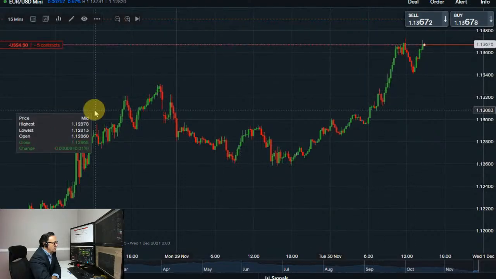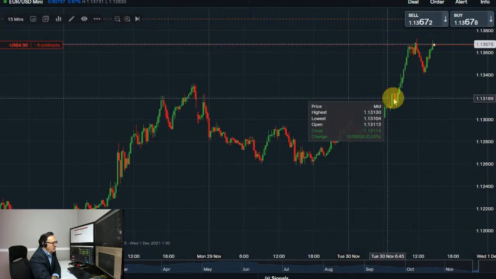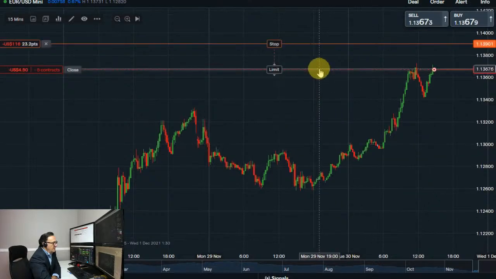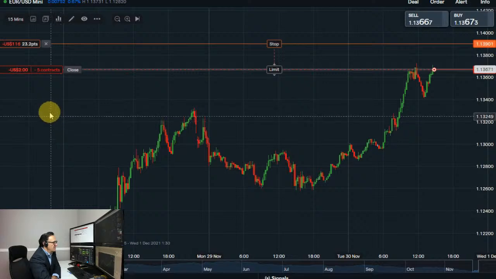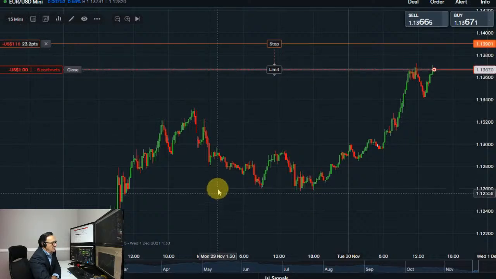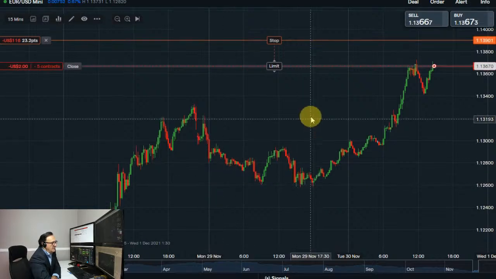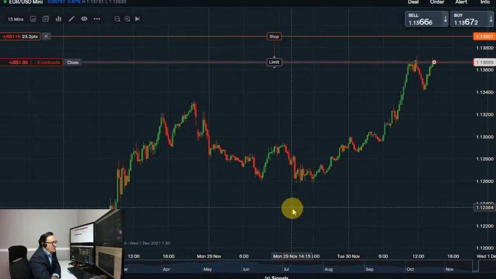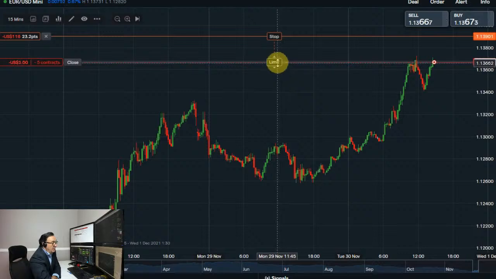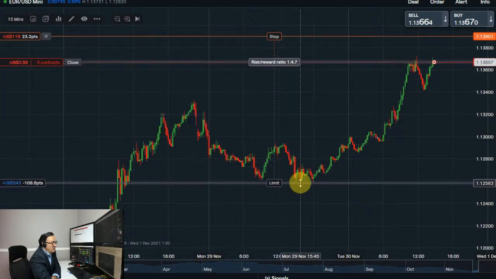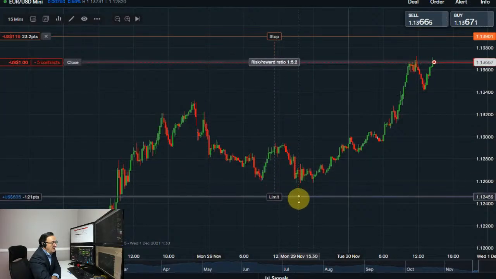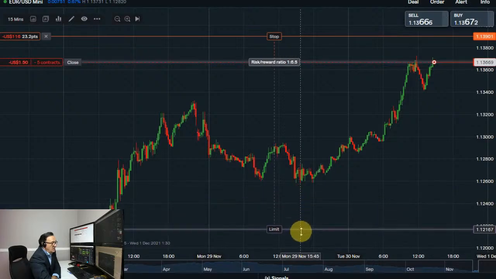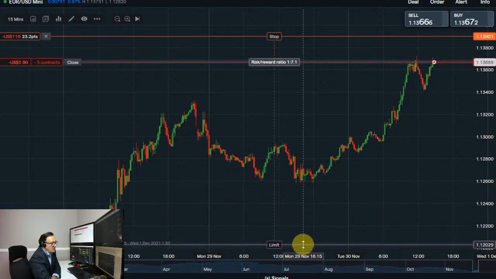Retest of the previous lows, a significant amount of resistance up there. My stop is up here at the moment, about 23 points. Not a lot of risk. It's a small position anyway. It's only 5 contracts on this trade. Take profit, a number of different levels. So down here, 112.50, 112.30, all the way down to 112. So I'm going to keep it to 112